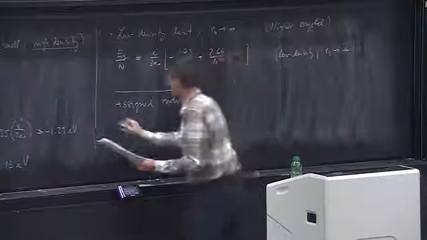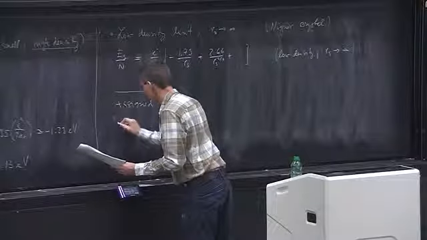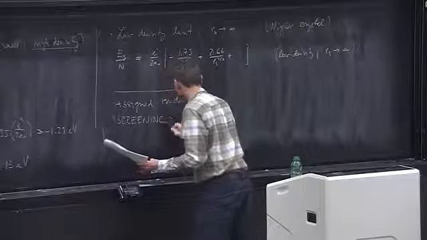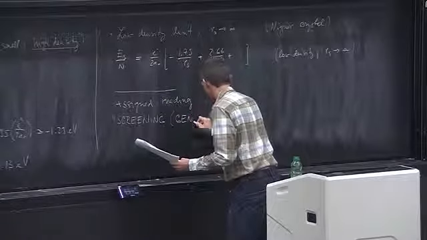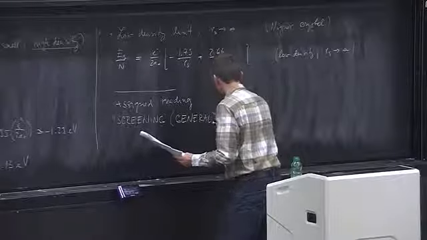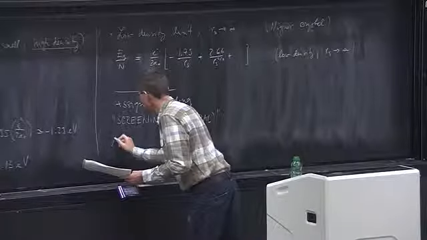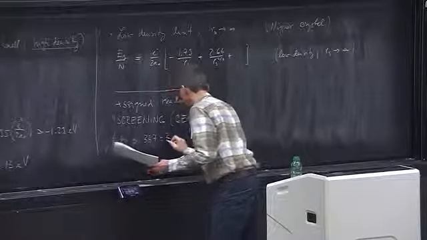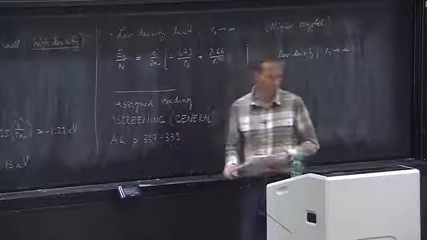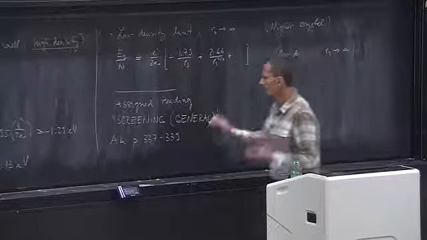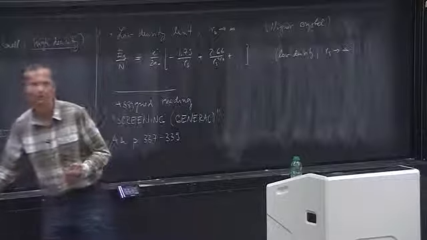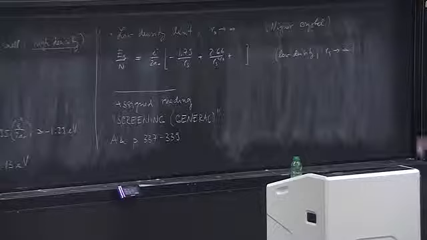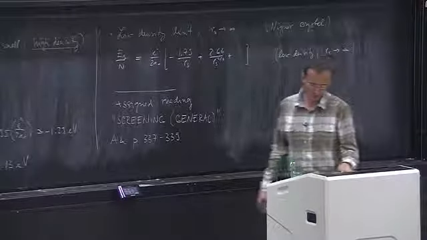spend time on it. And it's a section called Screening, General, meaning it's basically a bunch of definitions, and it's Ashcroft and Mermin, pages 337 through 339. So it's basically 2 pages and a few lines. And I just want you to read it and understand the final result. How are dielectric constant and susceptibility related to one another, and what do they mean for the electrical potential in a